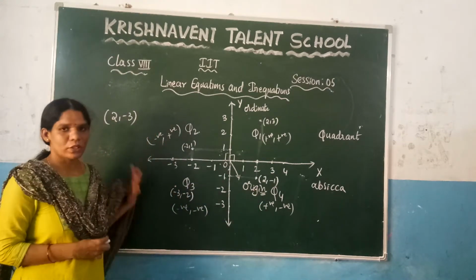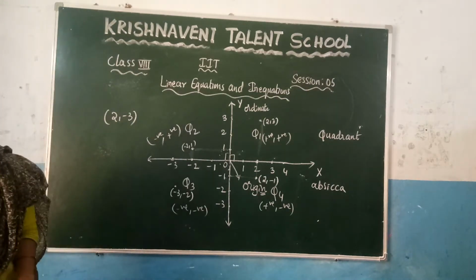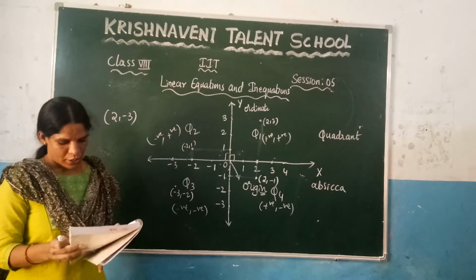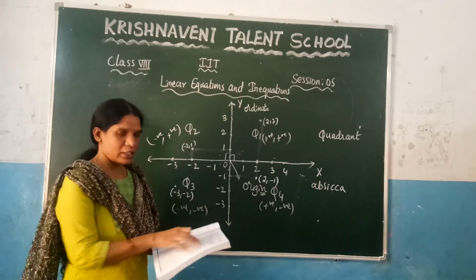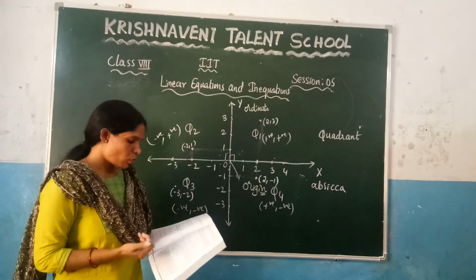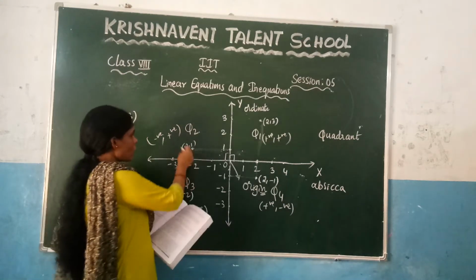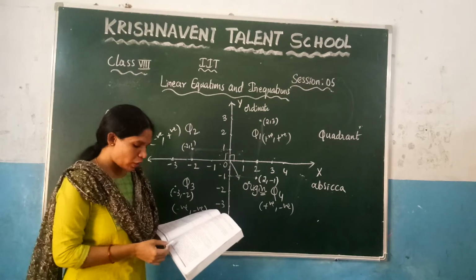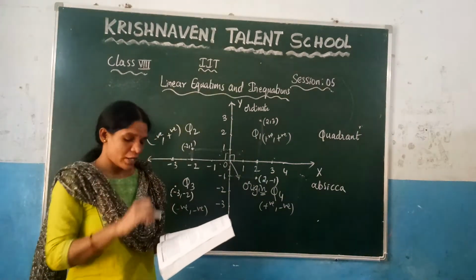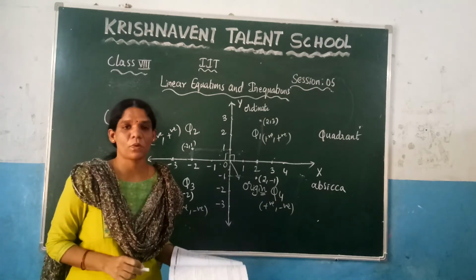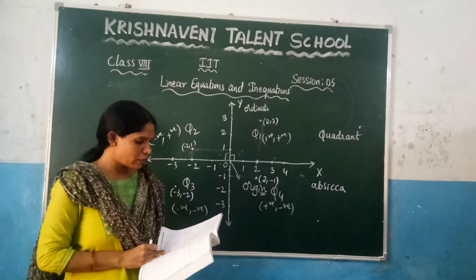Now this is about these quadrants. Now you can see your textbook. On page number 7, you can observe that the same thing is given here. You can read that. What they are saying here is how to plot the points. Just now we have said how to plot these points, and after that what the quadrants are, and in each quadrant what the x coordinate and the y coordinate are, whether they are positive or negative. They have given all these things. You can read this.